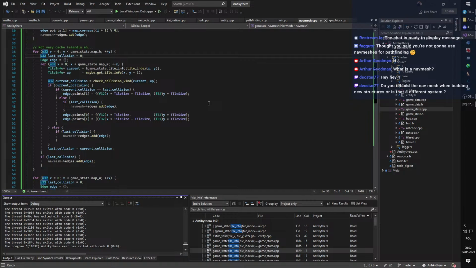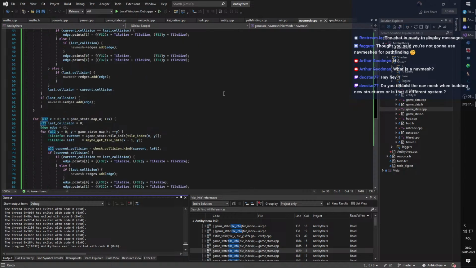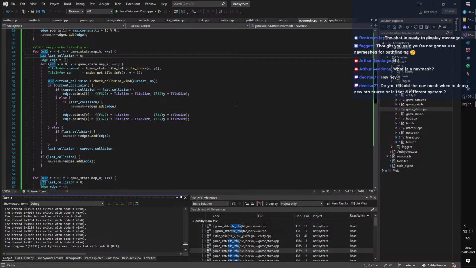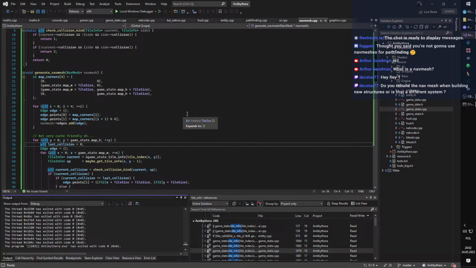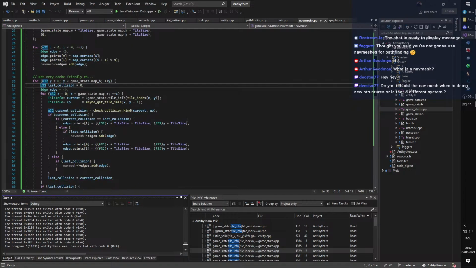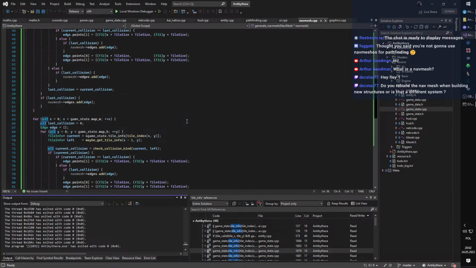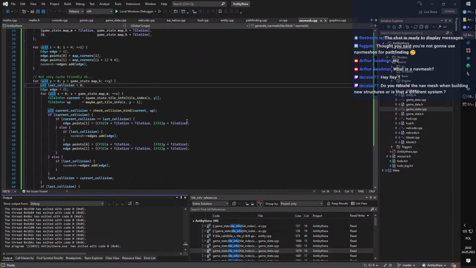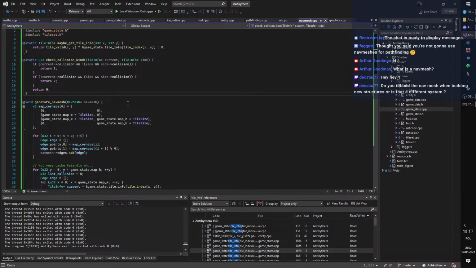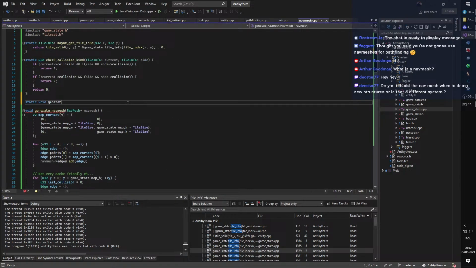So how do I make this reasonable? I would want to iterate on this code, but right now this is not robust. It's super easy to break it. Say static void generate edges. We'll say